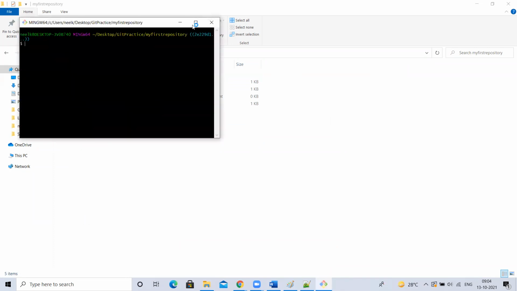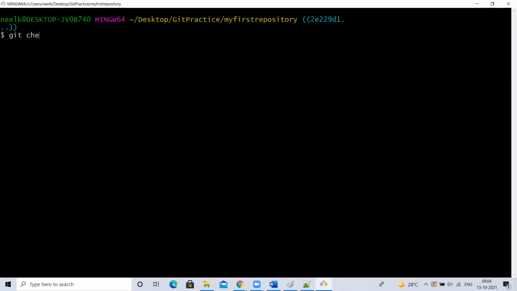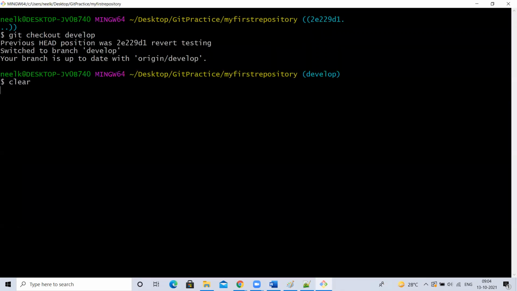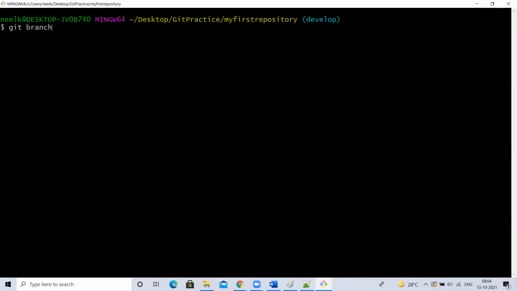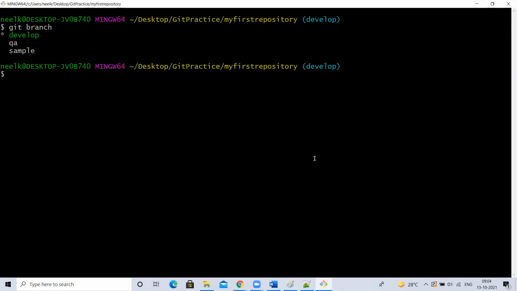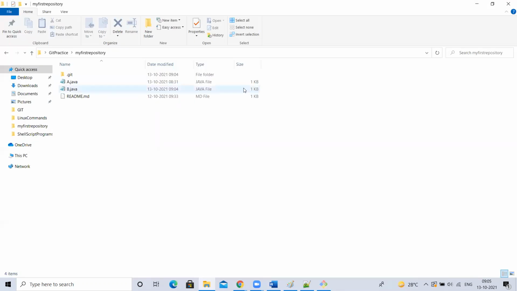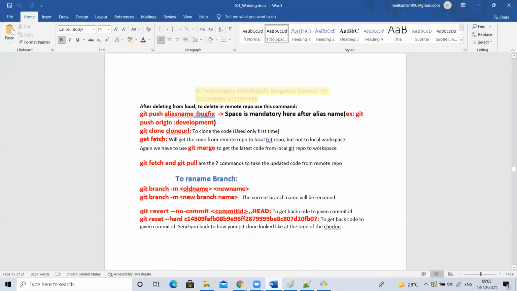Or else, for example, git checkout. Okay, I switch to development branch. Fine, but if I type git branch, it is showing. You can just come out of it. You checked out, but you don't want to use it. You can leave it. But that will be treated as a different branch kind of thing, but actually not a branch. So you don't use that. I'm just sharing for knowledge purpose. Git checkout also we can use, but that will get into detached head.